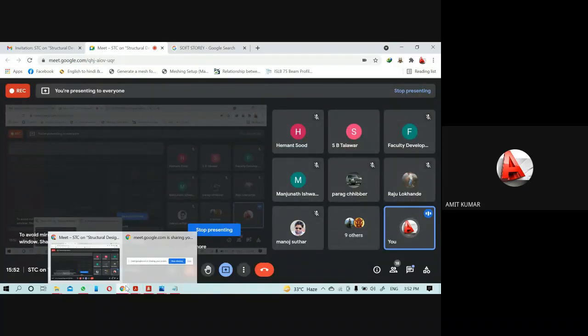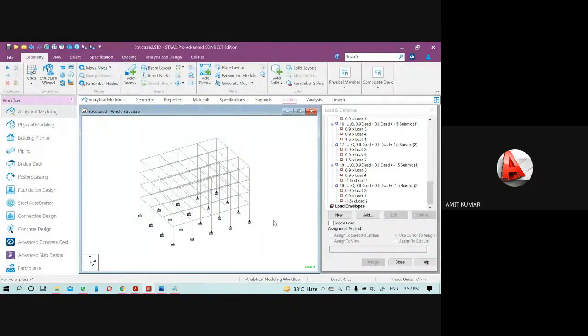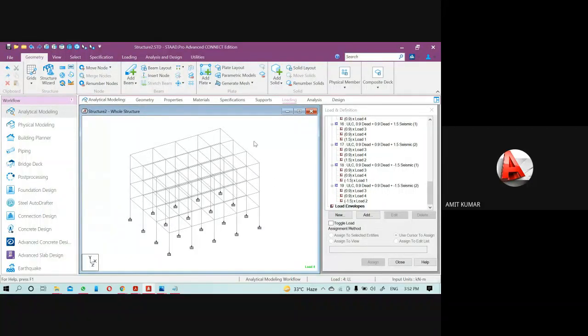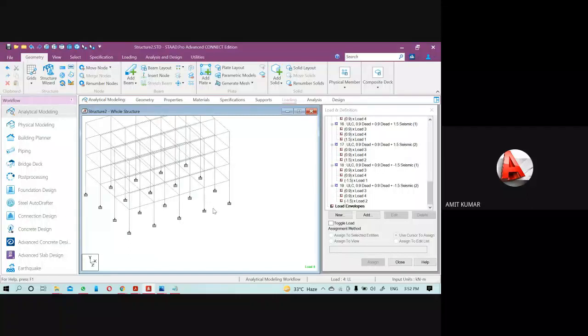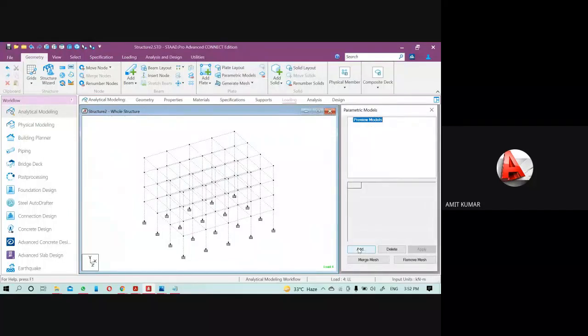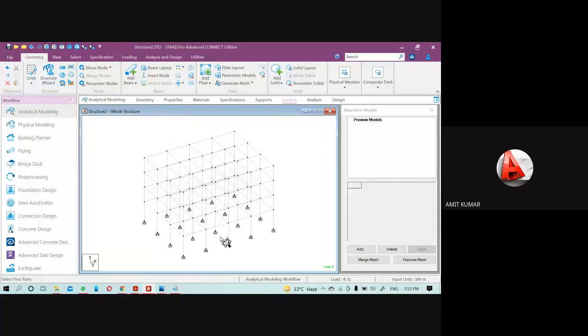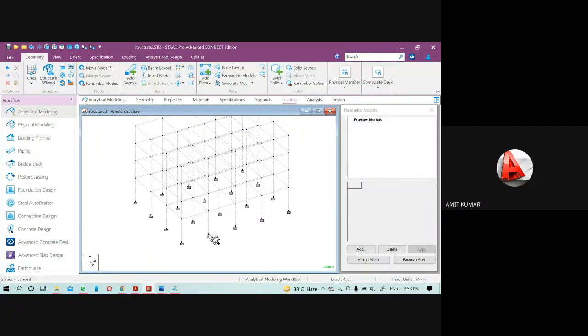Okay, we have very little time, so let me explain. I can explain from where we can add it, but how to perform the analysis will be your practice work. So to create the shear wall, that means the wall which contains the reinforcement, it should be created through the parametric model. Here we have the parametric model. Then click on add. Then here you have to select the type of structure like wall or slab. So this wall will be your shear wall. Then you have to select the position where you want to add this shear